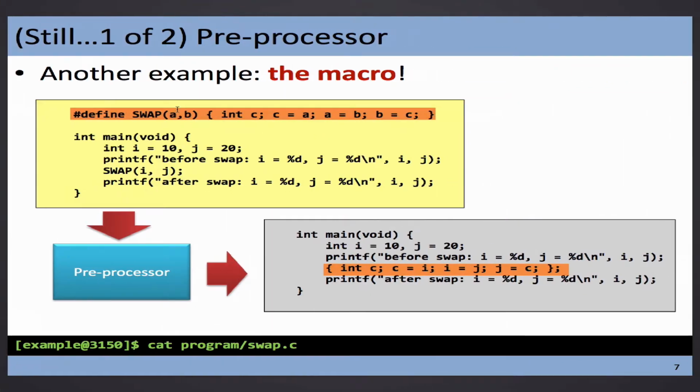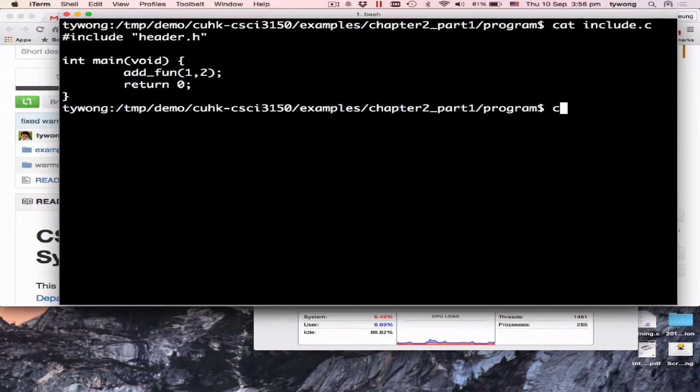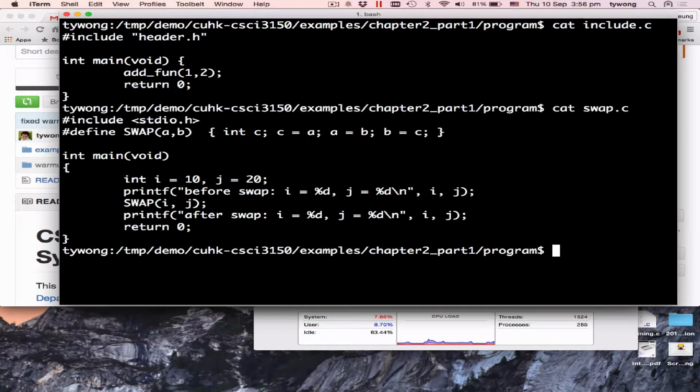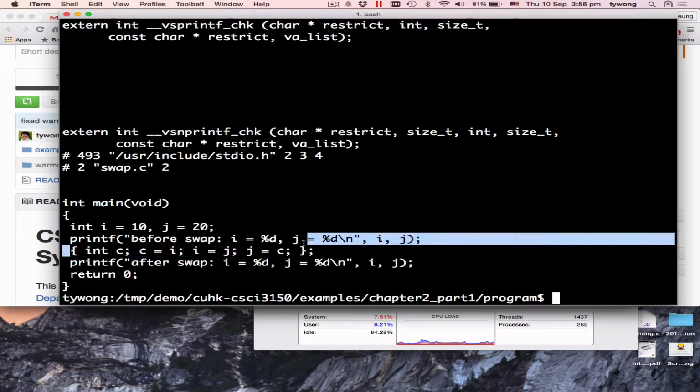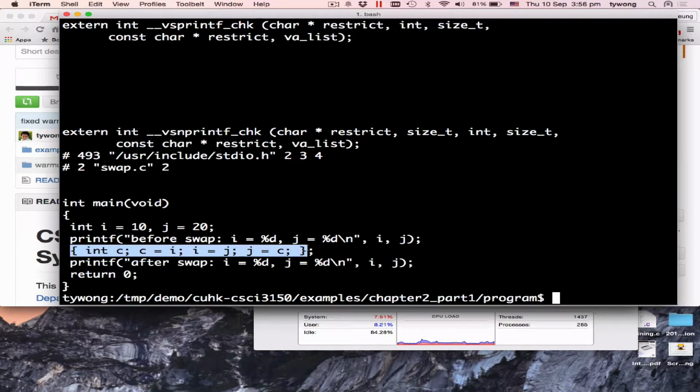Not include.c. It should be swap.c. Sorry. So the swap.c here, okay. And I will call the swap. Then it will do the swap operations for you. And look at how it uses the parameters. Okay, so this creation is very big, okay. But look at here. It is the replacement. It just puts the macro and look at the argument inside, it becomes I and J.